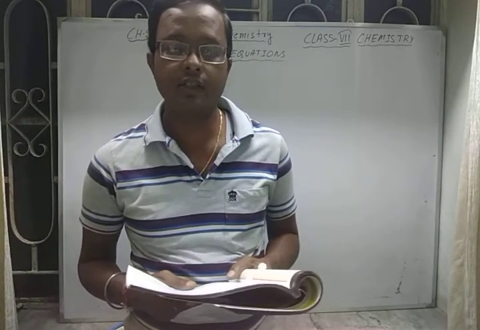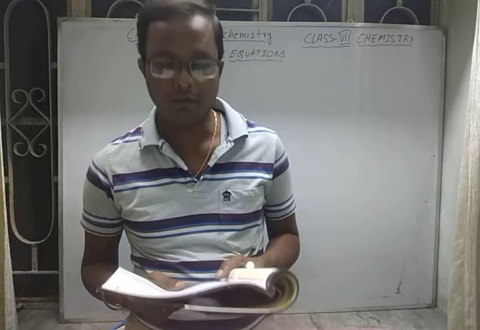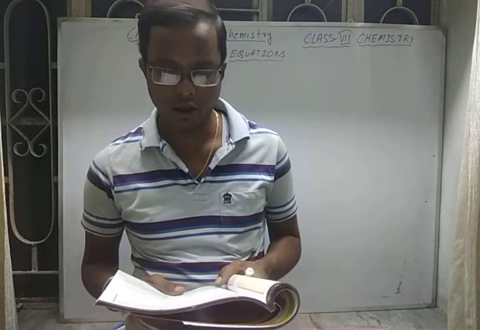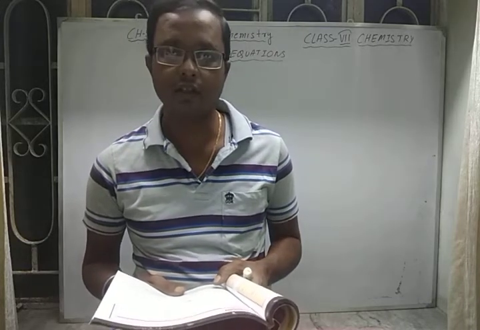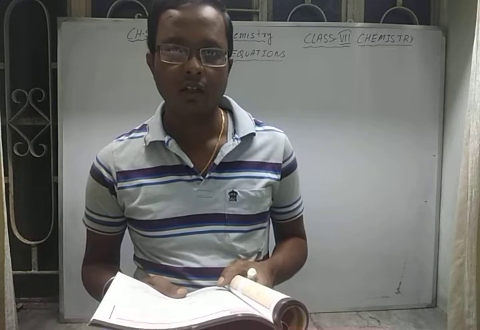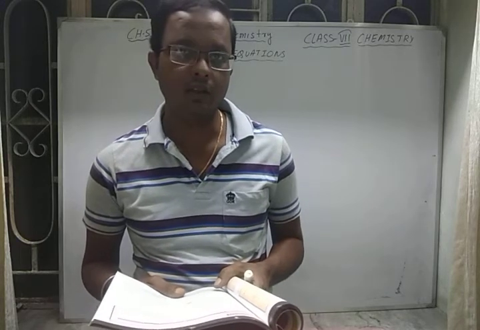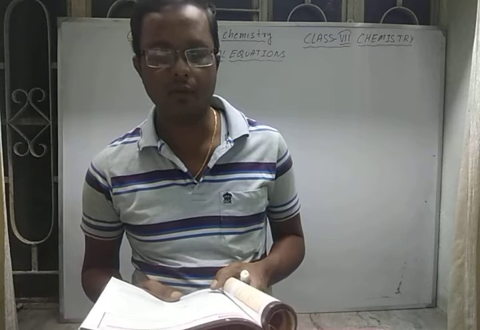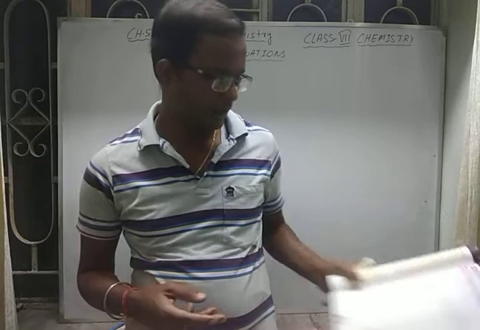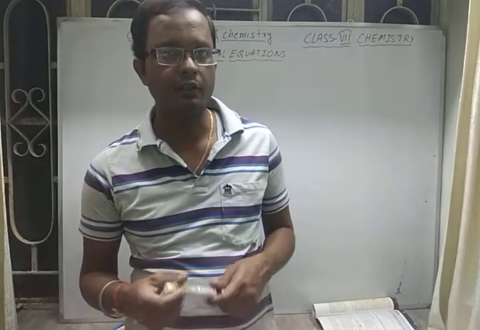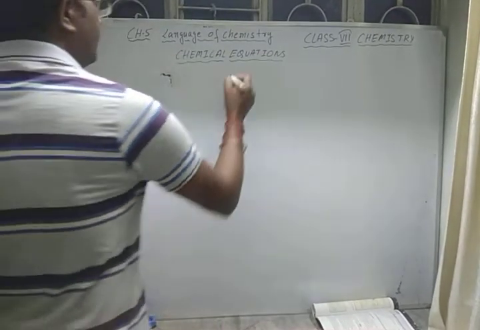Any chemical reaction has two parts. The first one is the reactant part, and the other is the product part. The reactant part means the substances which react with one another, and after reaction the new substance that we get is called the product part. So every equation has two parts, the reactant and the product. Reactants may be more than one, products are also.